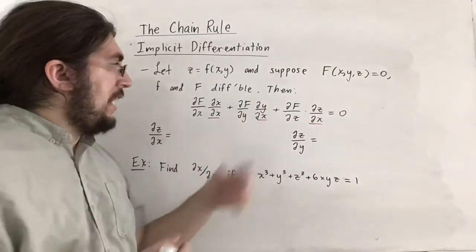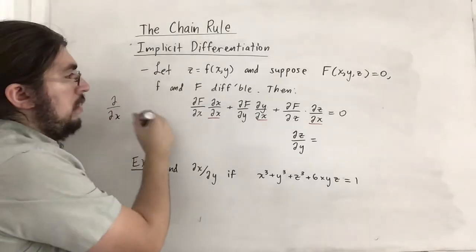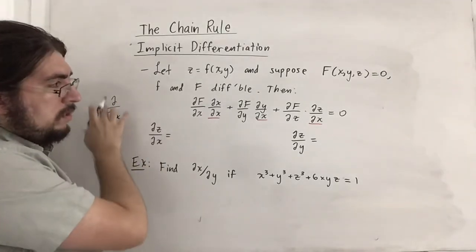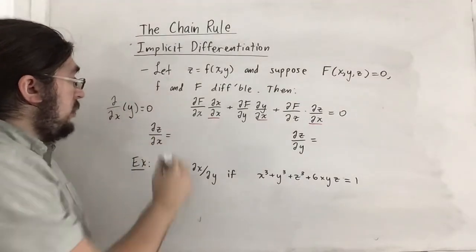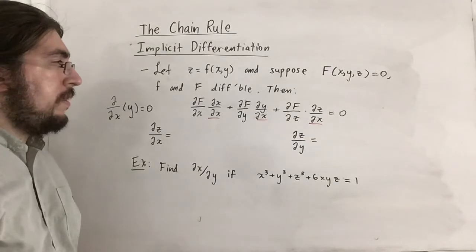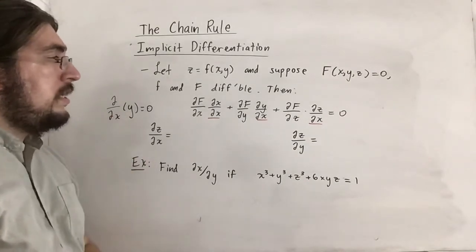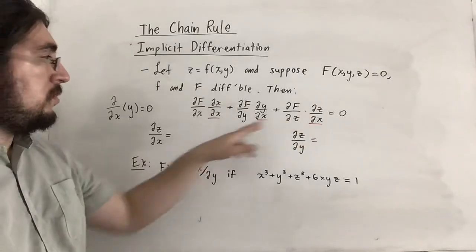Now why is that the case? Because the partial derivative with respect to x of y is equal to 0, because y is a constant in the eyes of x. Okay, so that I think should make sense. So that being said, this goes away, that goes to 1, and you can solve for partial z partial x